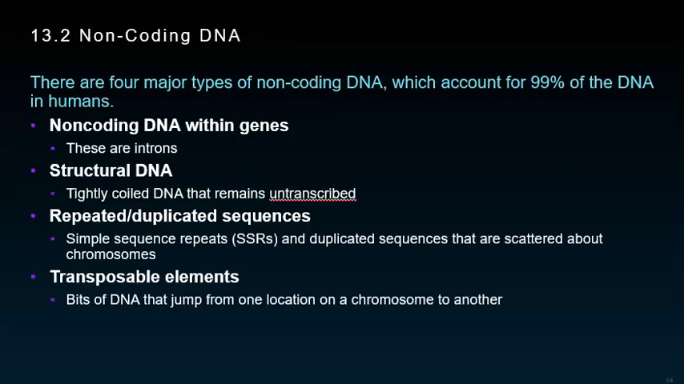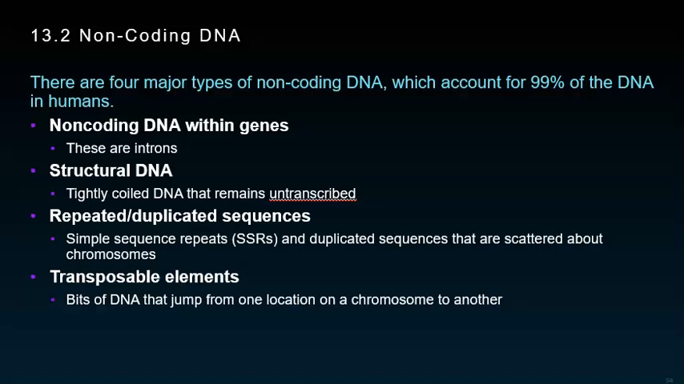There are also 4 major types of non-coding DNA, which account for 99% of the DNA in humans. Non-coding DNA within genes, those are introns. We also have structural DNA, which is just tightly coiled DNA that remains untranscribed. And then there are repeated or duplicated sequences. So there's simple sequence repeats and duplicated sequences that are scattered about chromosomes, and they're not coding for anything, they're